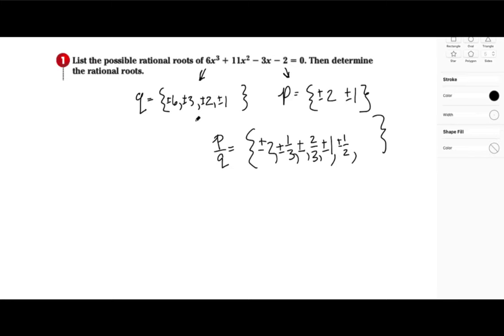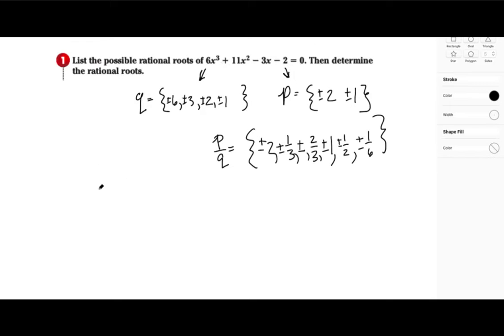1 over 3 is already there, so I'm not going to rewrite that, and 1 over 6 is not there. So now I have every possible combination of P over Q. Now it's for me to try out which one is going to work. So if I had to do this by hand, which sometimes you might be called to do in a class,